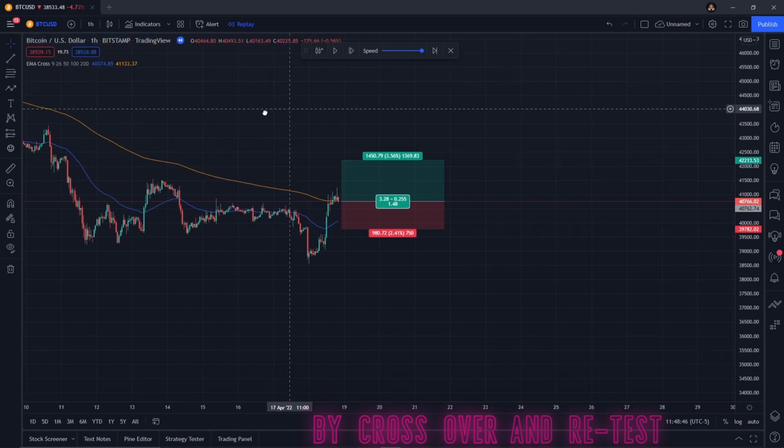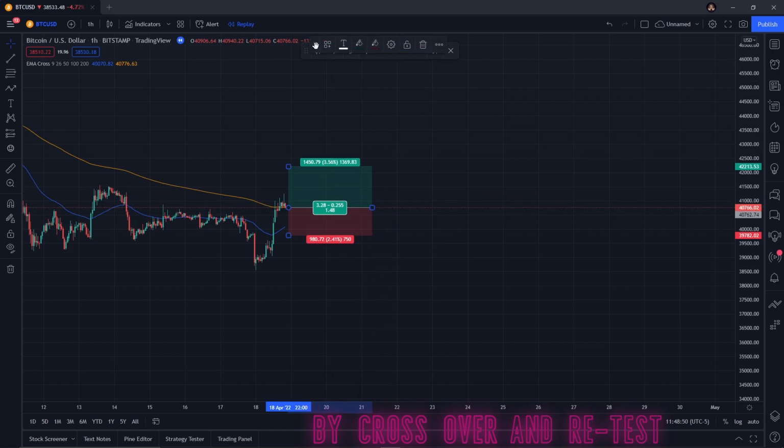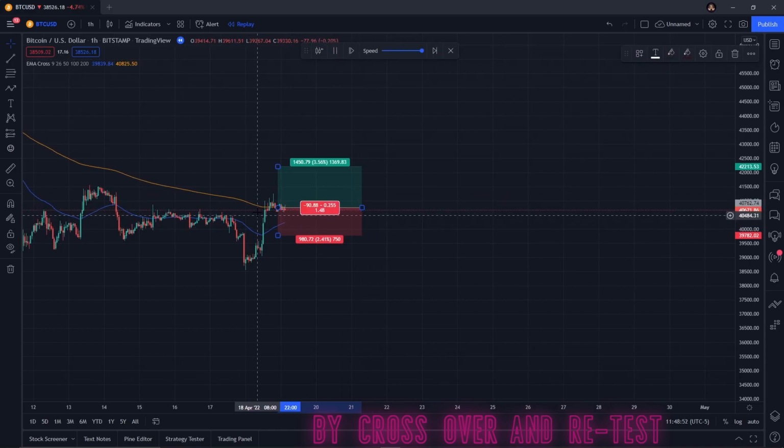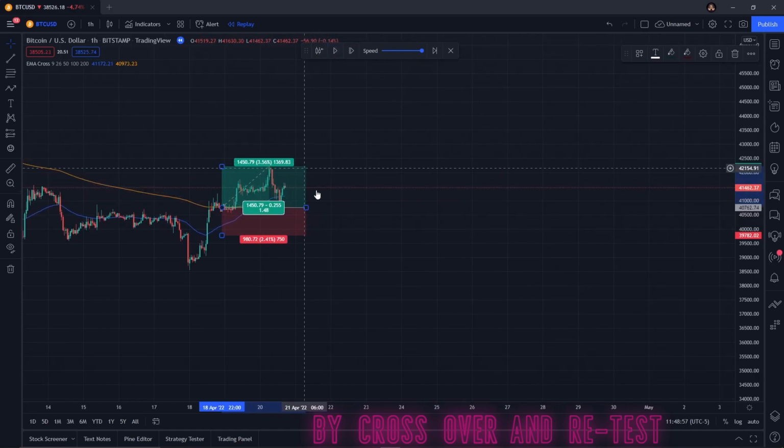So again, we already know what happened, but that's how you would attempt to play if you didn't know based on the EMA crossover strategy. And then once you get into profits, you could do whatever you like with it. So now let's imagine